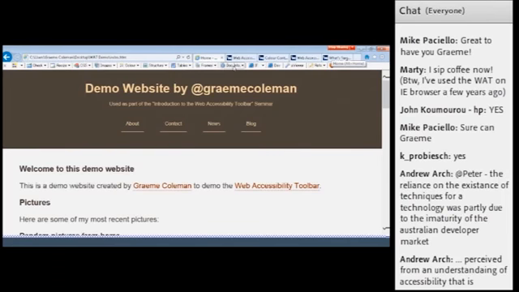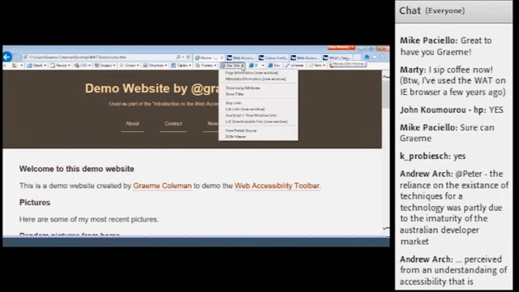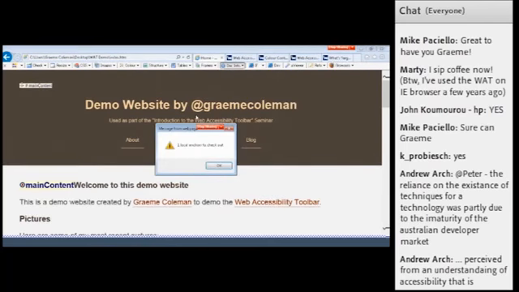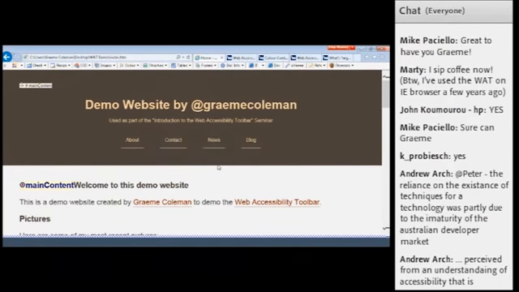The last thing for navigation I would like to talk about is link text. And one of the clear accessibility issues that we'd be thinking about here is: is the link text clear? Is it concise? And does it make sense when conveyed out of context?